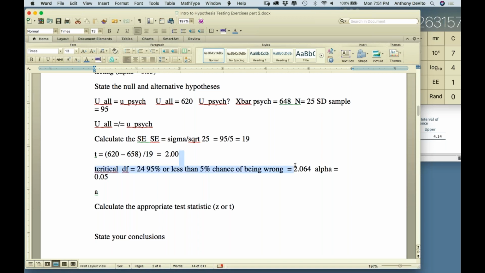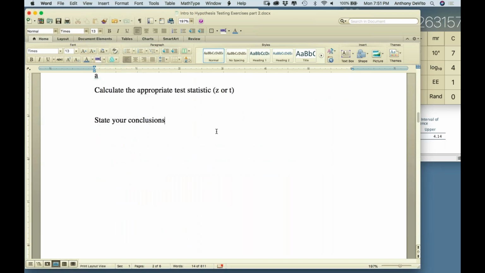No, it's not. So the same numbers, right? In one case, we rejected the null hypothesis. In the other case, we didn't reject the null hypothesis. Why didn't we reject it? Because in the second case, I needed for them to be further apart because I was using the T value instead of the Z value. Okay, I needed more certainty. I was less certain of the standard deviation of the population. So in that case, we failed to reject the null hypothesis.